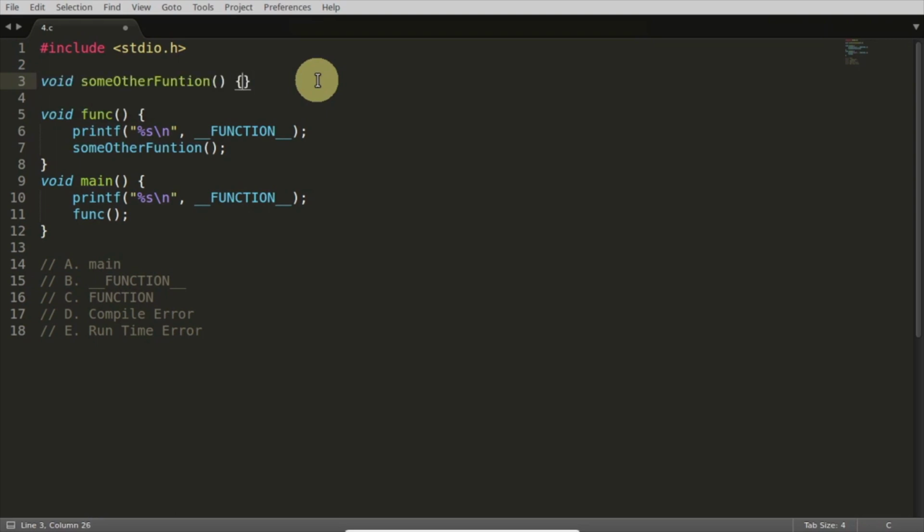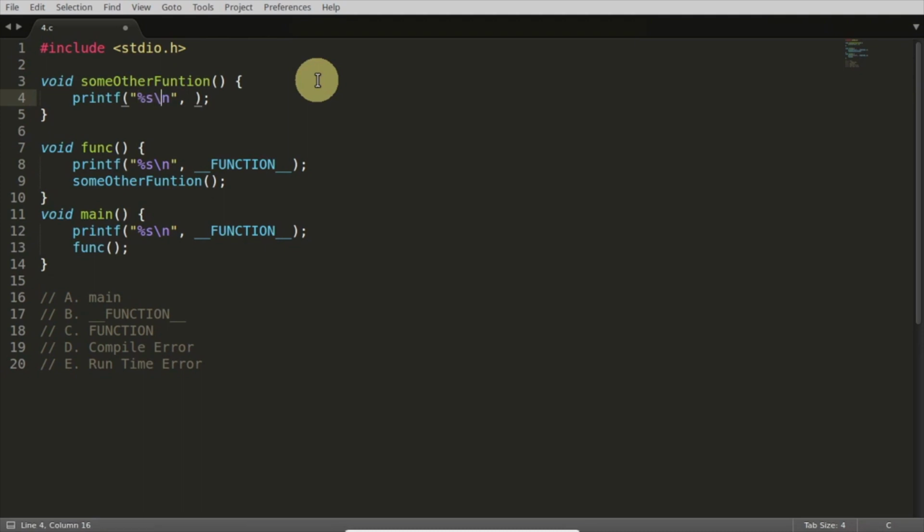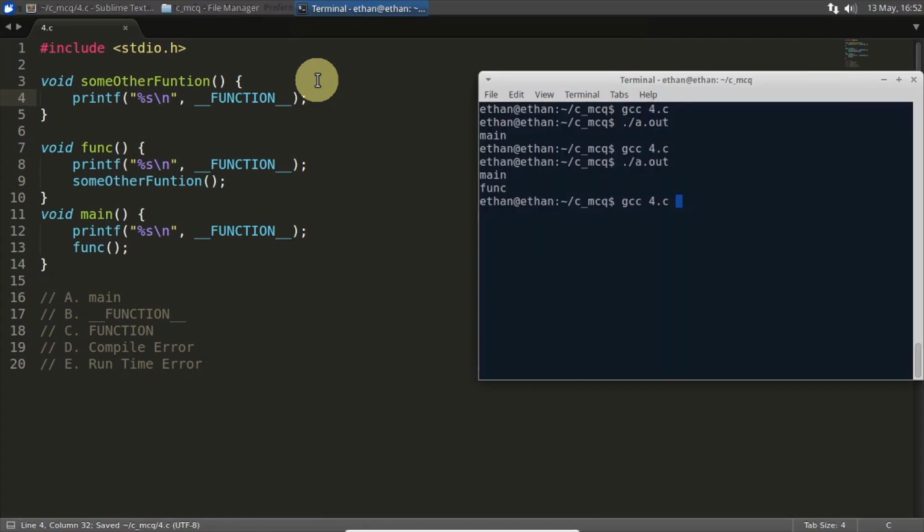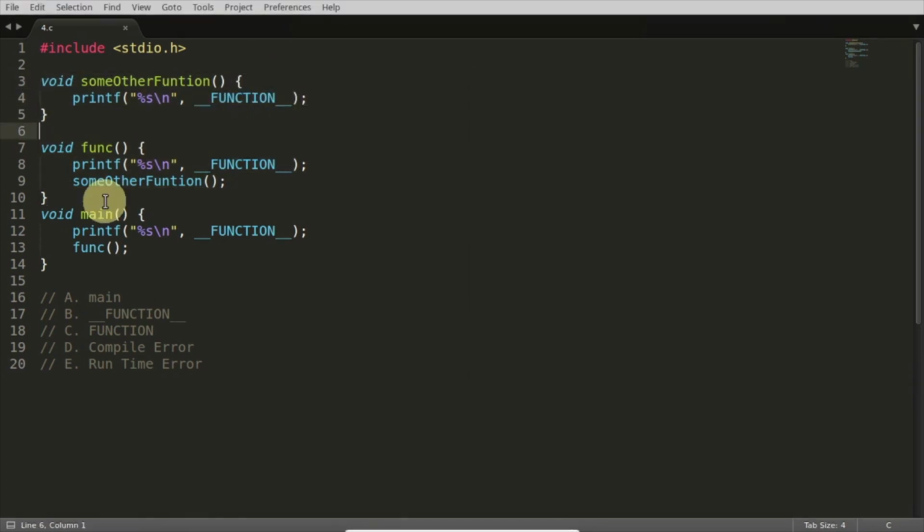And if you want to print here this one, it will give you some another function. So we can just compile that and see main function and some another function. And this is not done. We don't have only this function thing. We have lots of things like